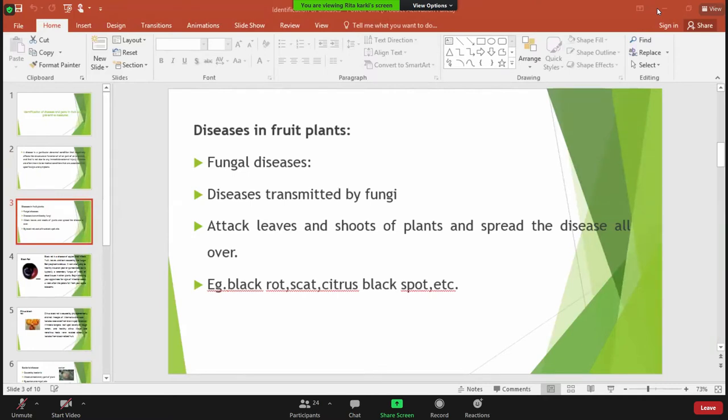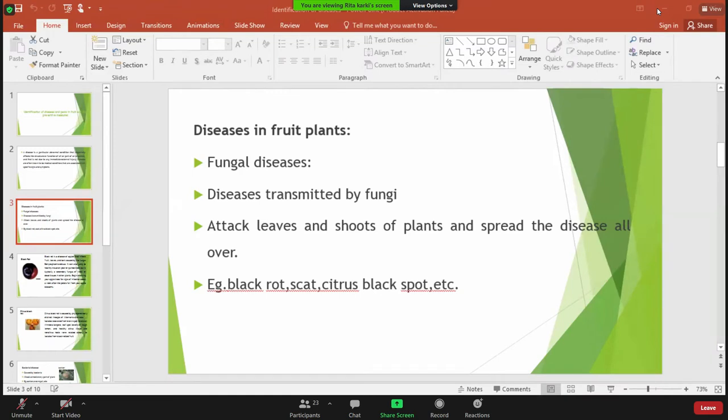fruit plants, that generally deteriorates the normal function of the fruit plant. Some of these diseases also may cause huge amount of infection to the whole body part of the plant, because of which the plant will not be able to produce the fruit, as well as the plants will not be able to produce any type of important substances that are needed for human beings, for which these particular plants, fruit trees, are grown in our agricultural land.